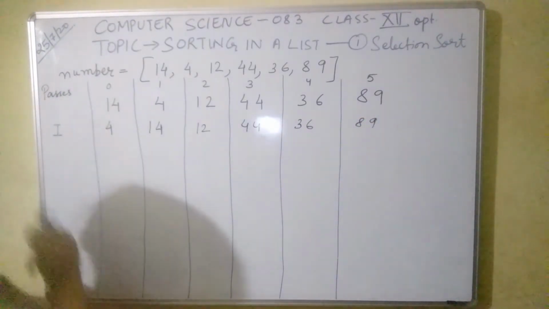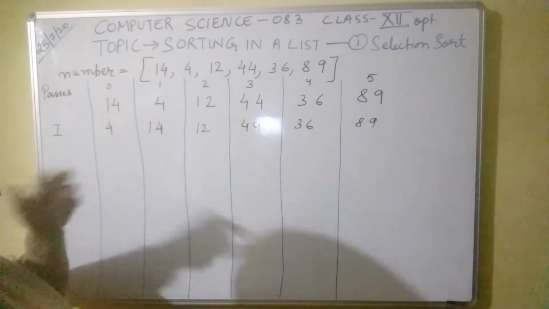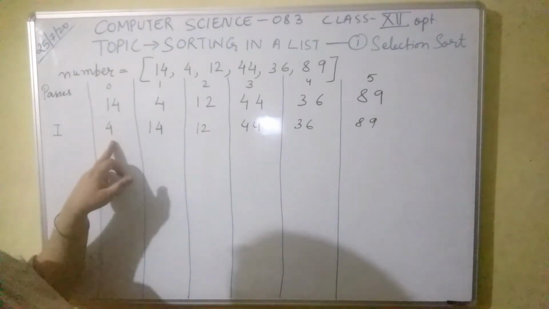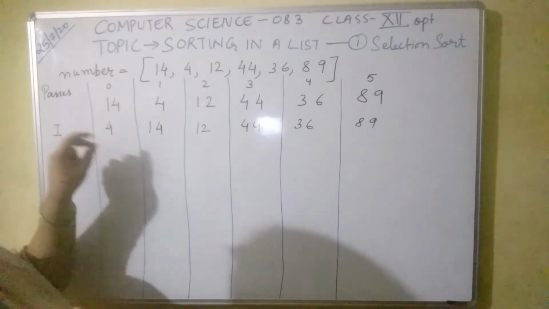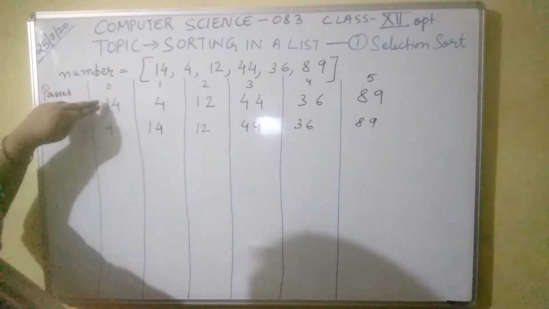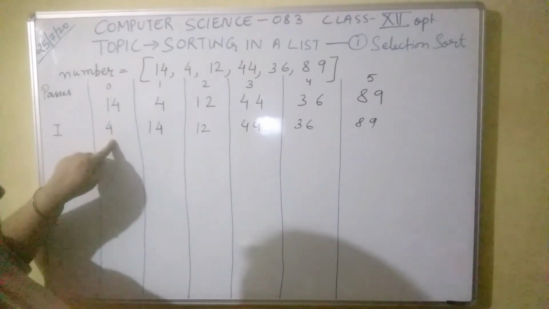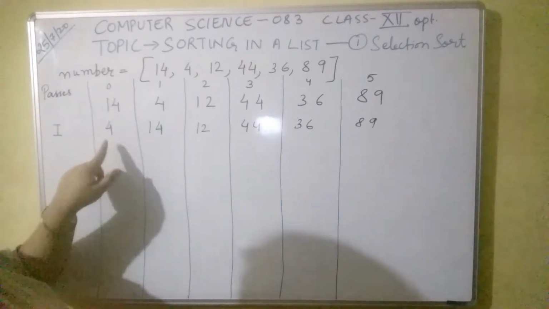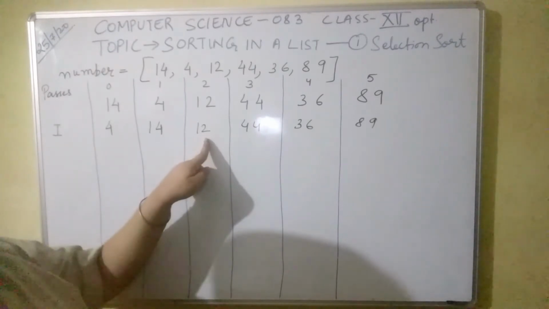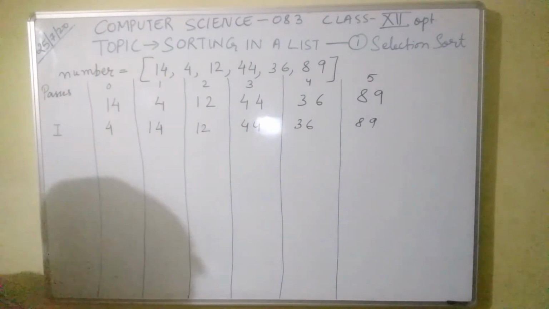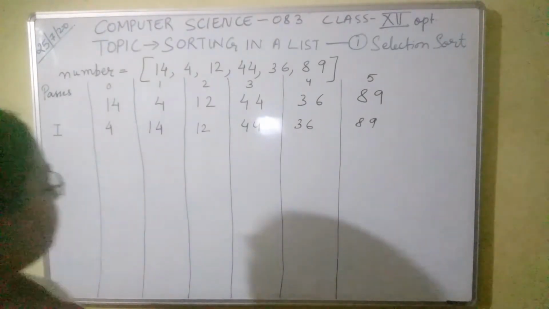Now whatever is at position 0 will be considered. It is irrespective of which element is over here. Right now 4 is there at index 0. So this 4 is going to be compared with the next element, that is 12. Is 4 less than 12? Answer is yes. So we will leave it as it is.